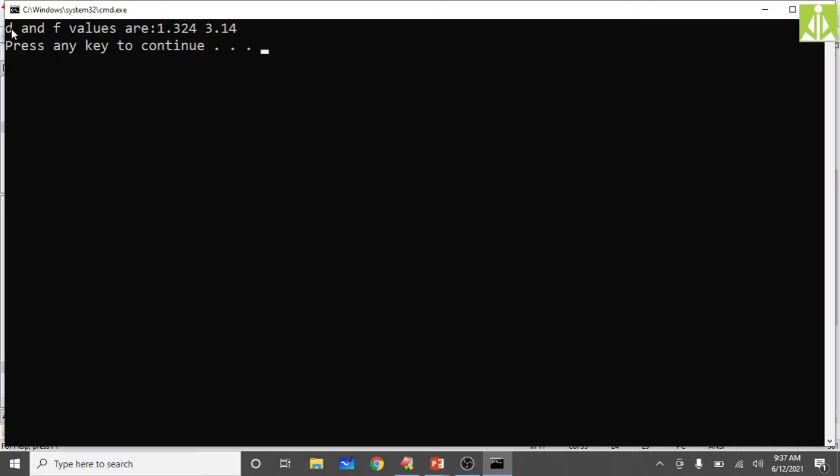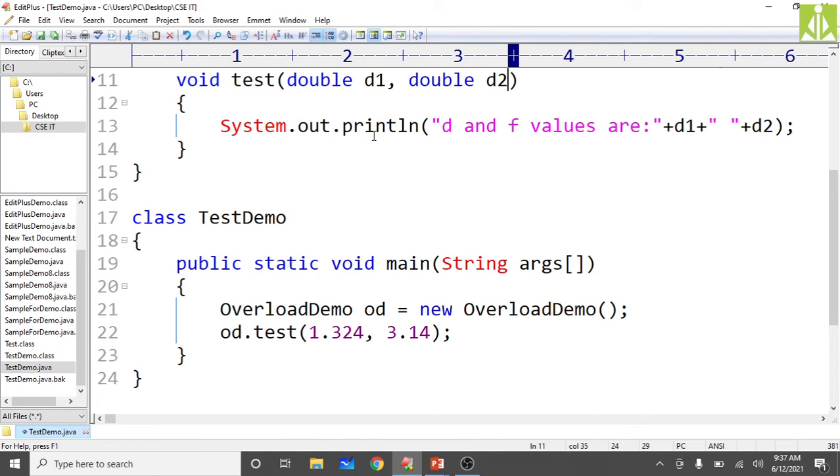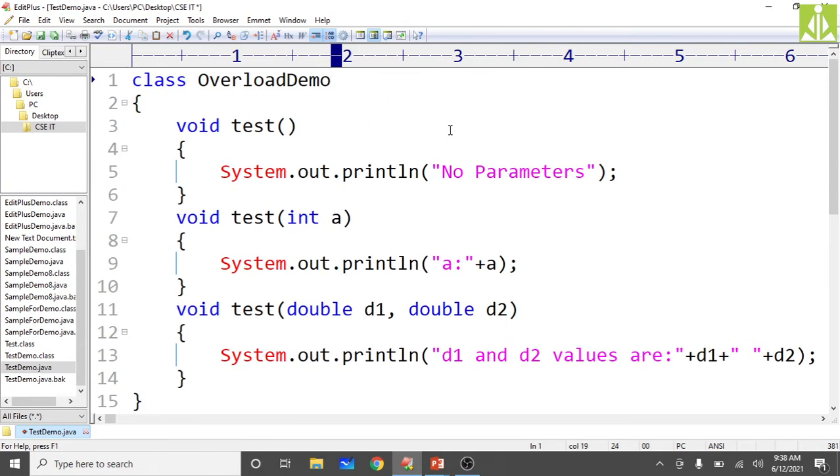For the D and F values, D1 and D2, I need to put 1.324 and 3.14. So in this way we can invoke different method bodies based on the parameter type and parameter number. Okay, so this is the concept of method overloading.